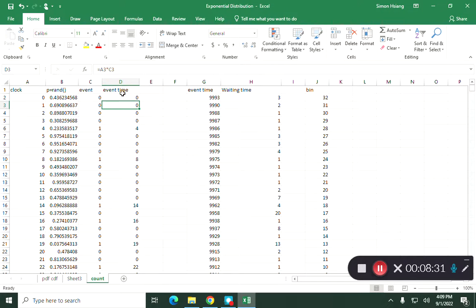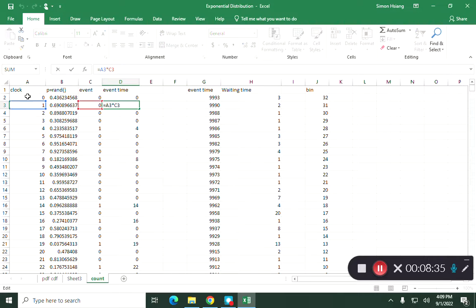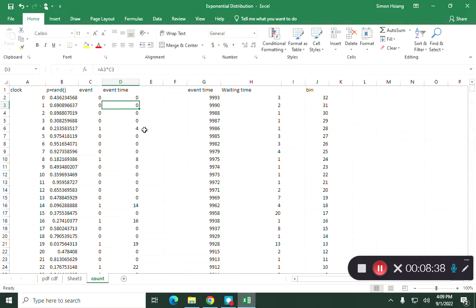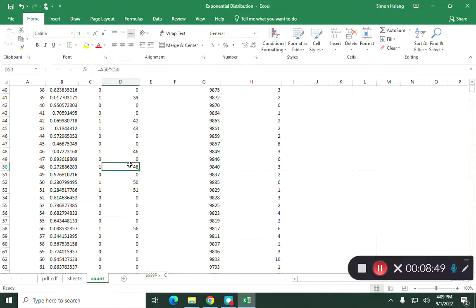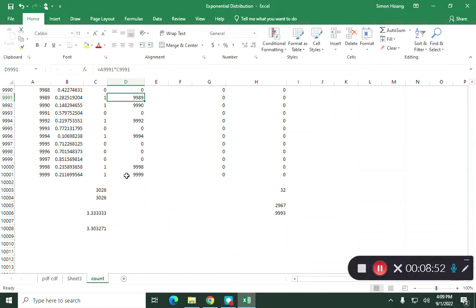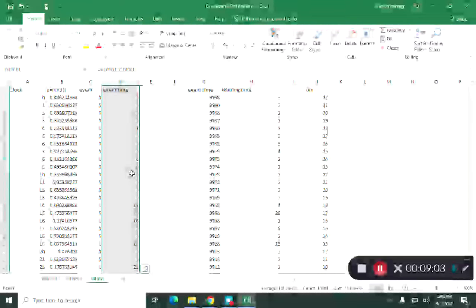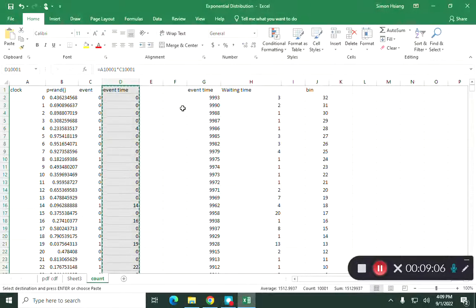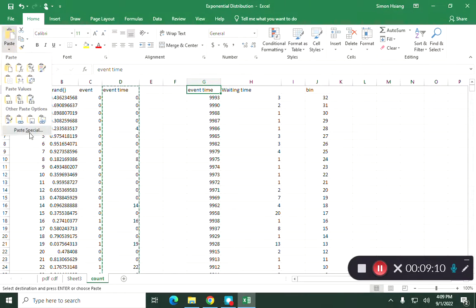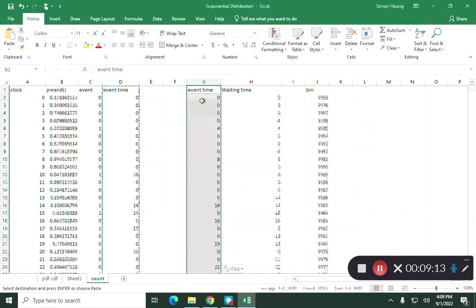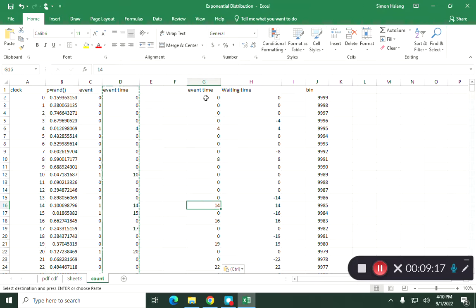But after that, it's just using event times, the clock, event times the clock. So watch here. Why 4 is, I have an event time, because 4 is one event, A is another event. So once you do this, you will have the total number of event time, and what I will do is copy and paste special value. So now I have all the event time here, but the reason I'm only copying the value is because now if